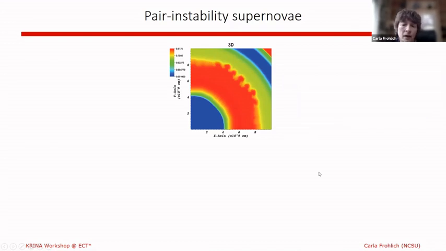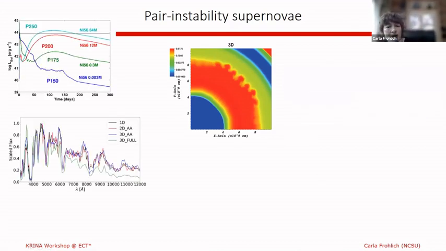And then based on these simulations, we predicted light curves for these models. What you can see is, unlike the core collapse supernova light curves, for these models, the more massive they are, so in light blue and red, they give very, very broad and very, very bright light curves. So their time to peak is much longer than for core collapse supernovae, and they're much brighter. The blue line here, the P150, is a pair instability supernova light curve, but this looks much more similar to a core collapse light curve.